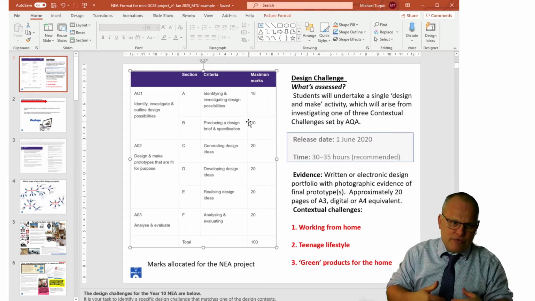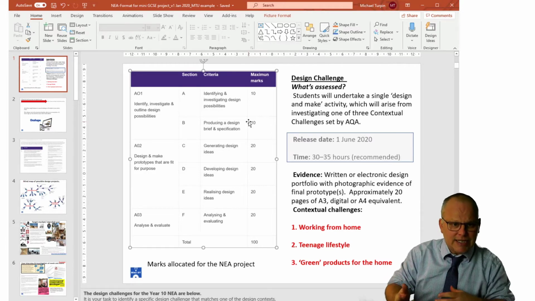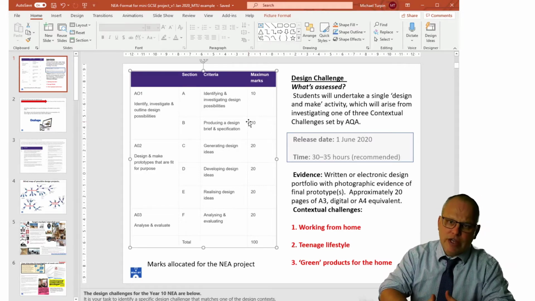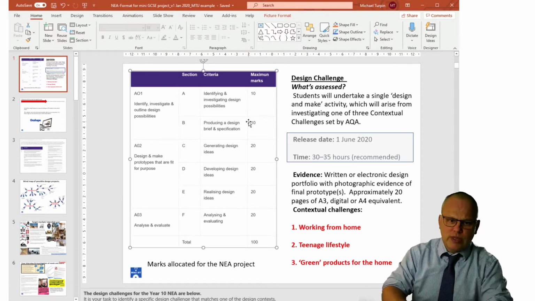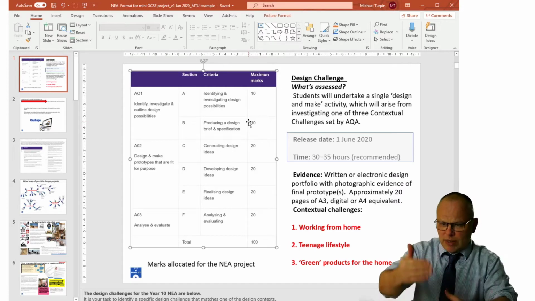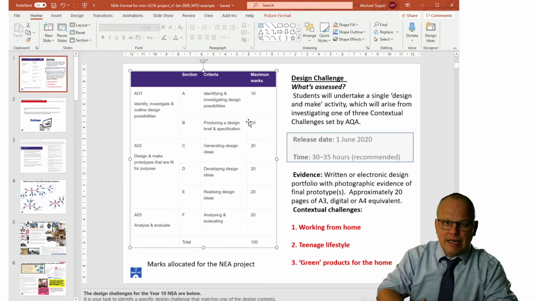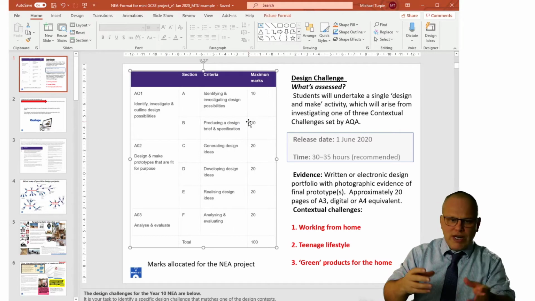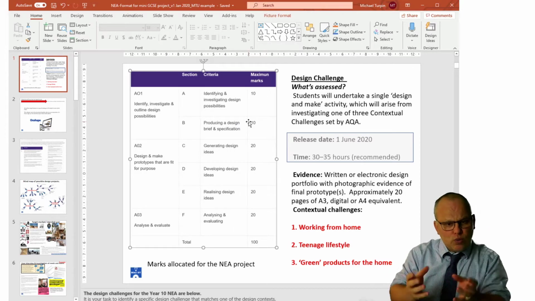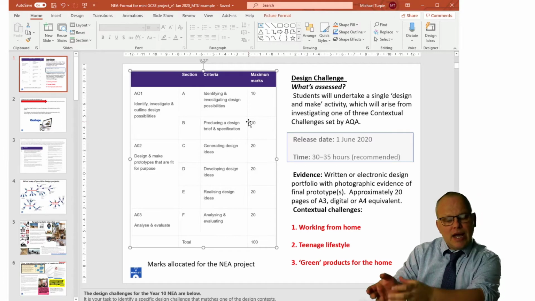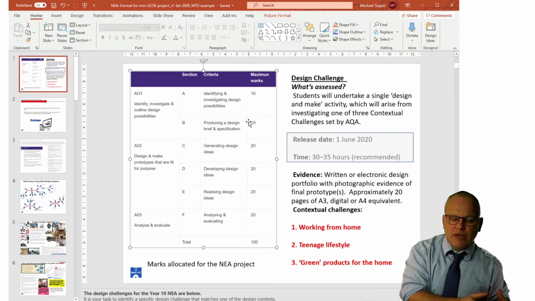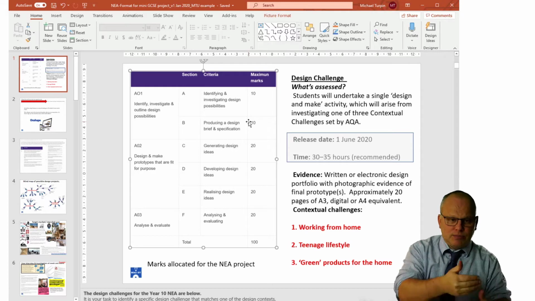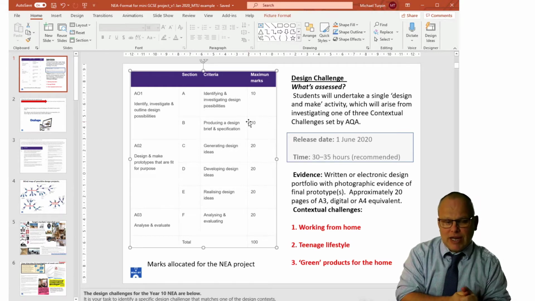Now I'm going to step through into section C and section D, which are generating design ideas and developing design ideas. Now where's the boundary between those two? Design isn't one step after another step after another step exactly. What design is about is doing what needs to be done to sort out the problem and to work out what needs to be done next. And it might mean that you step back into your specification, and if you've been following these previous ones, I go back into my specification, or I will do, based on some of what I find out today